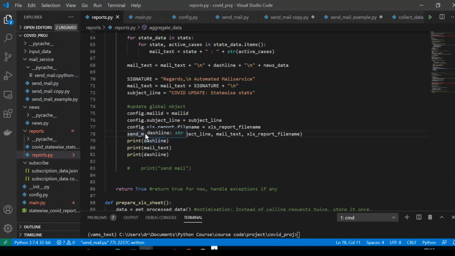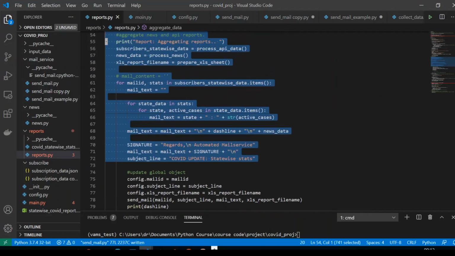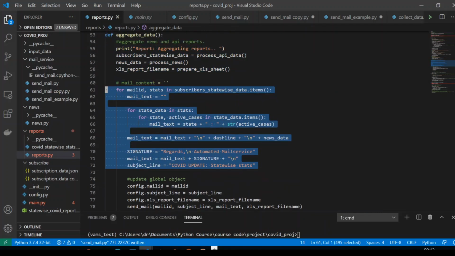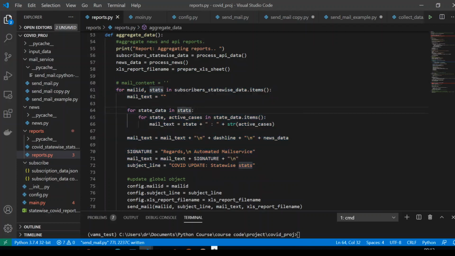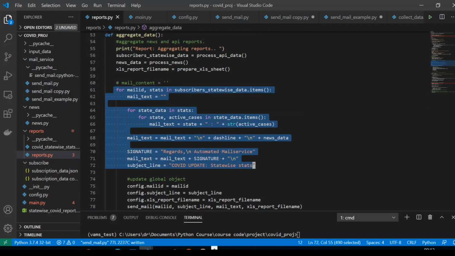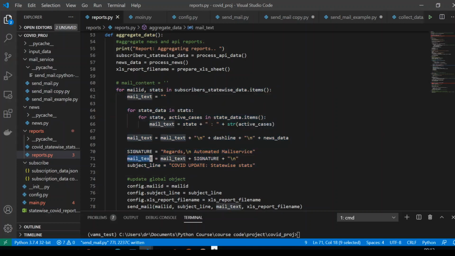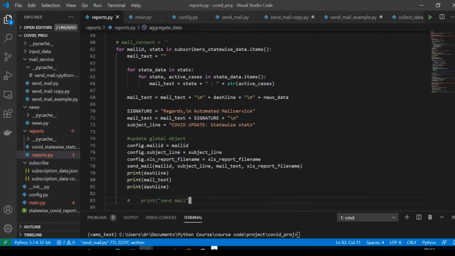Yesterday we did this part, which is nothing but mapping the subscribers' data, and then we prepared the entire mail content. This is the mail content, and this is a file name.